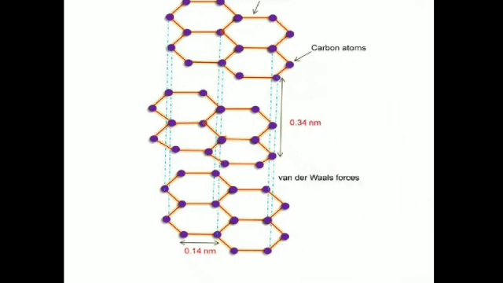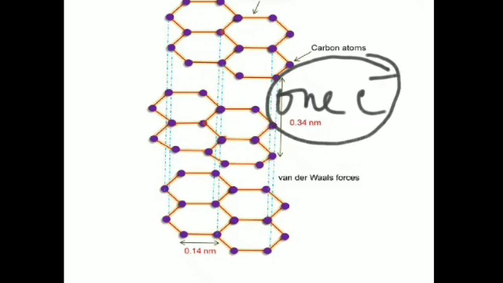So, this single electron which is left free is responsible for making graphite a good conductor of electricity. Just because of the presence of 1 electron which is not involved in the bond formation, this aids in the conduction of electricity, and this makes graphite a good conductor of electricity.